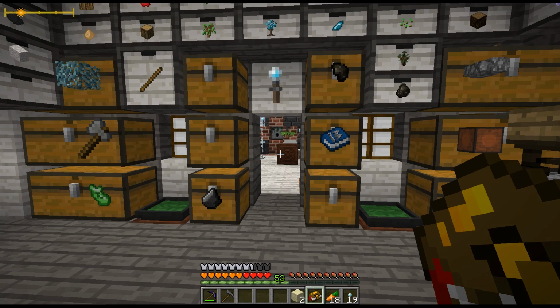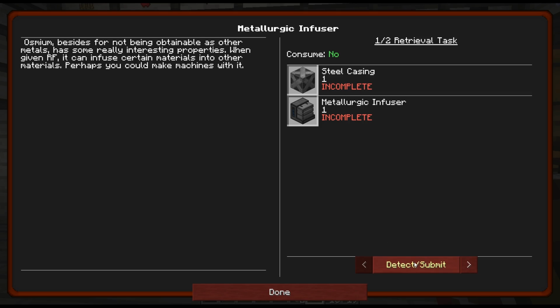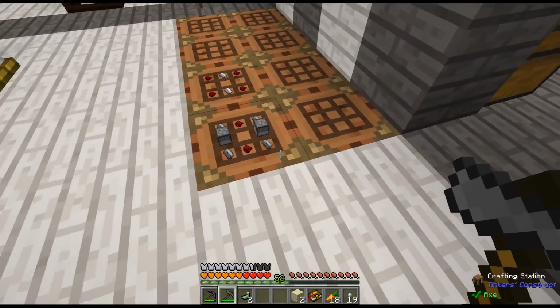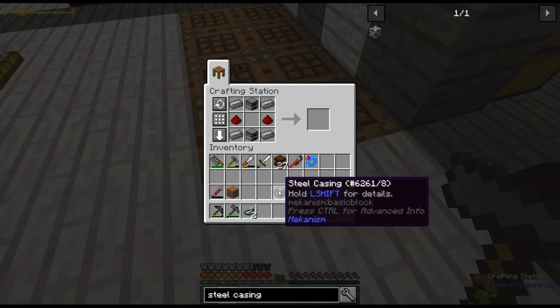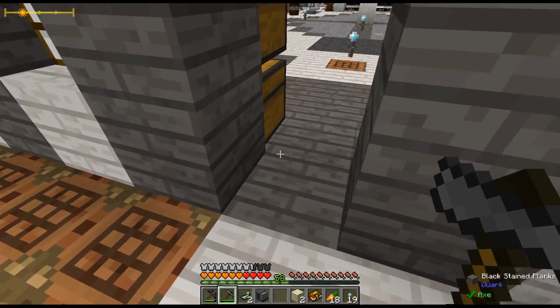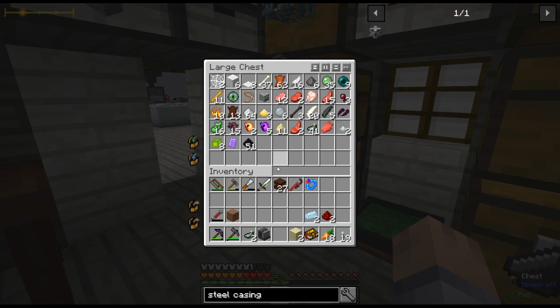Let's see. We should get credit here any second. Maybe. Cool. And, man, I get so many of these. They're everywhere. They're like a plague on my island. Okay, there we go. We got our metallurgic infuser. Very happy about that. Because now we're going to start...